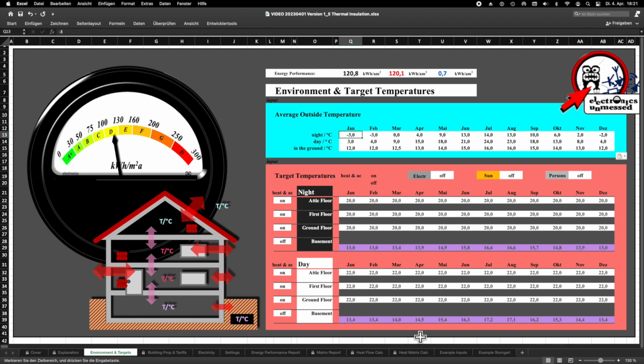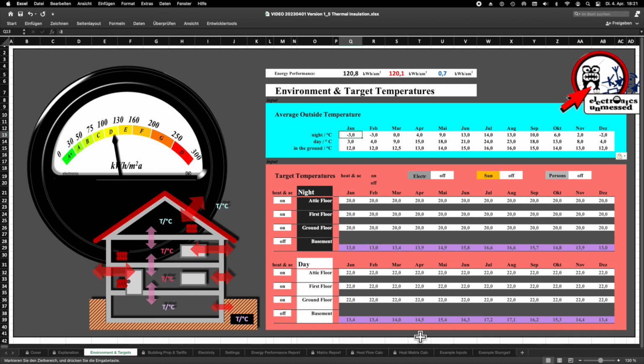By the way, up here you always get the current total energy consumption value and the consumption for heating and air conditioning separately. In Germany you have relatively high consumption for heating and low consumption for air conditioning.